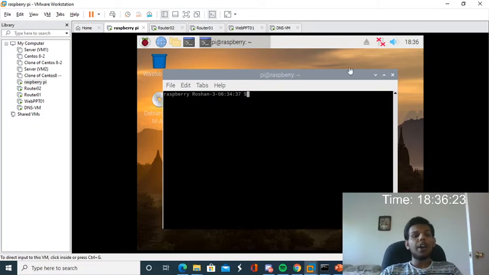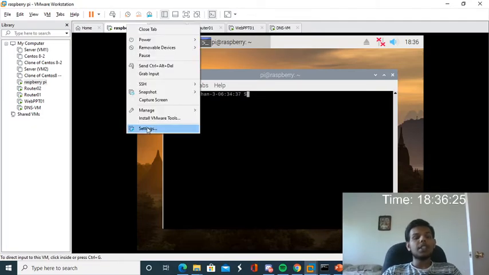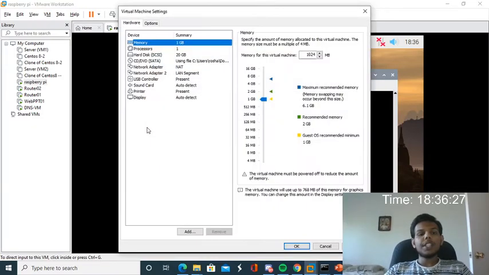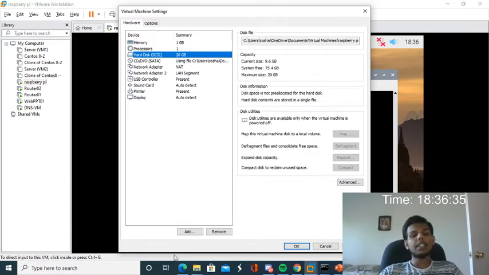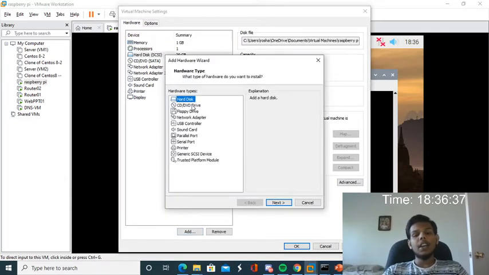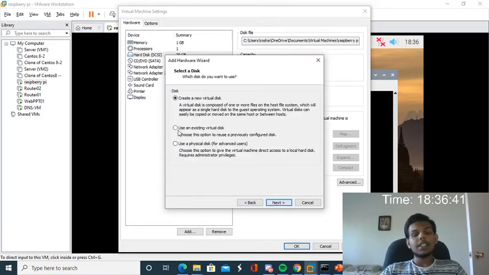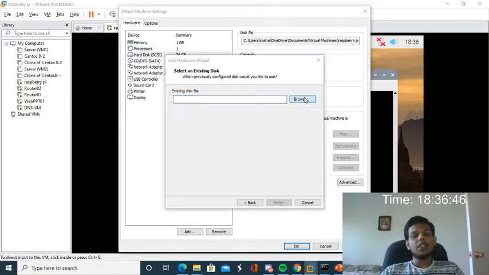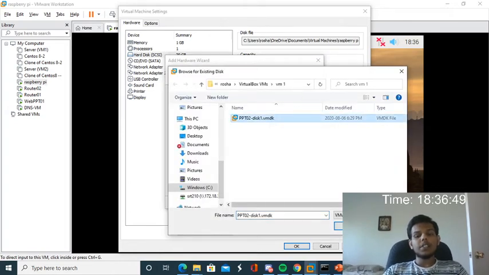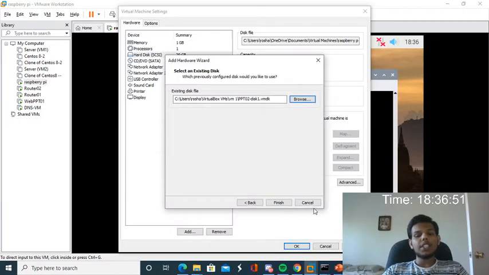So first I have configured the PPT01 VM. I will explain how I configured the VM. First I have loaded that VM on VirtualBox. After that I powered on another VM. After that I clicked on hard disk and clicked add another hard disk. Here I will click next, click XCSI, and click use an existing virtual disk, and here I will locate this file and give open, and I will click finish.